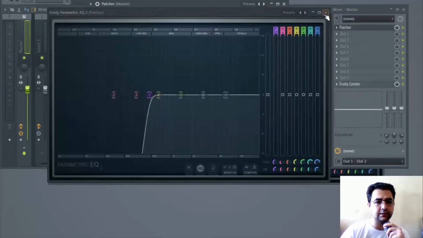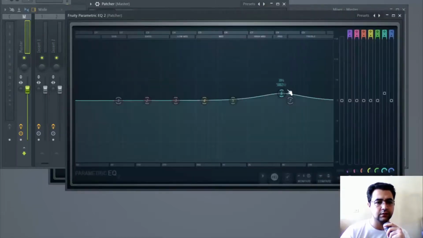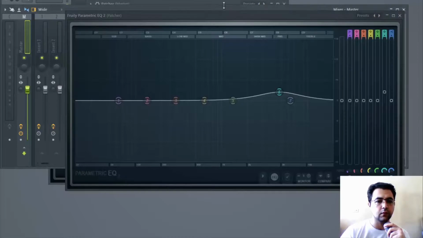I enhanced this with the peak filter on 4708 Hertz, and if we